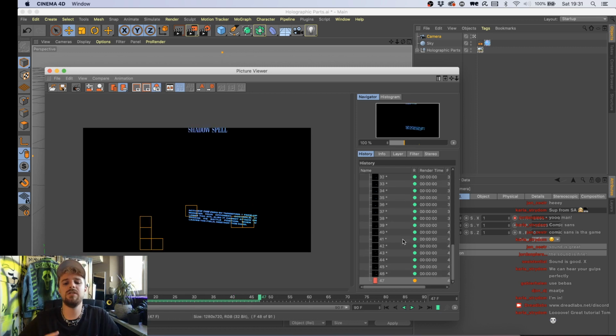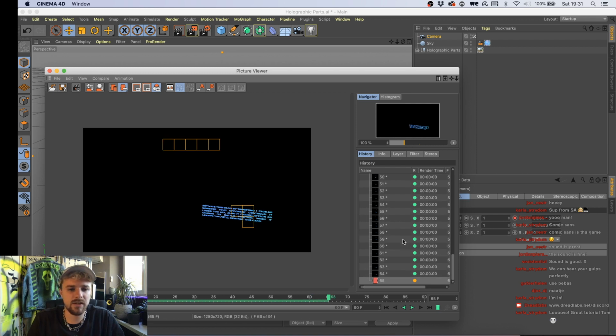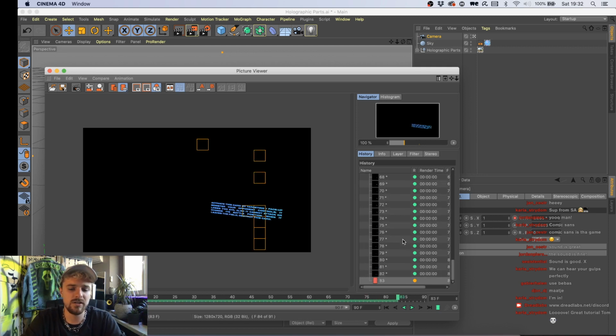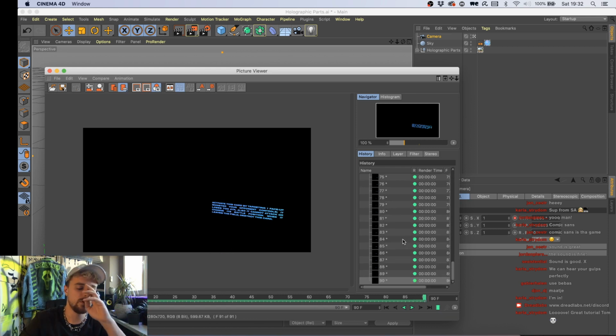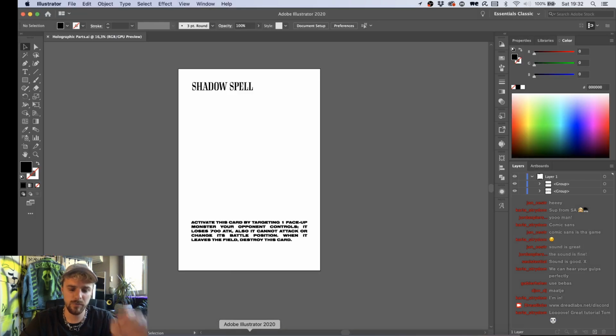So basically, what we have right now is, if we're actually gonna add all of the designs that I do in the end into Cinema 4D, and for example, I'm gonna turn this card around, you can actually see the text end up reflecting holographic. And that's a cool effect. Yeah, you don't really see it in this render. But just for the video's sake, I'm gonna turn back into Illustrator,